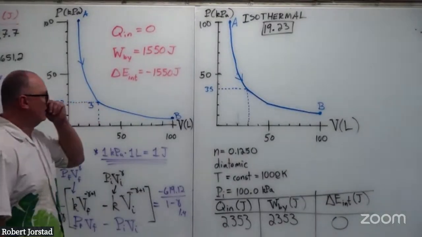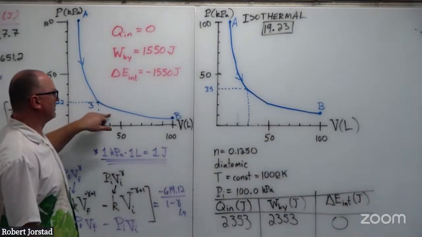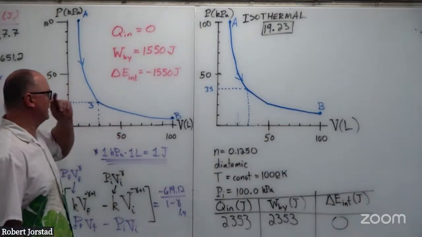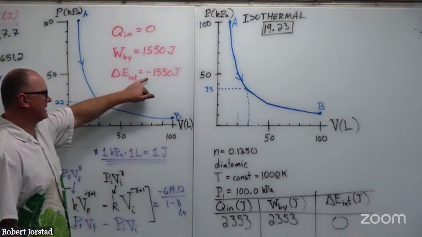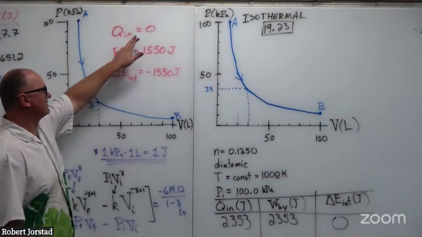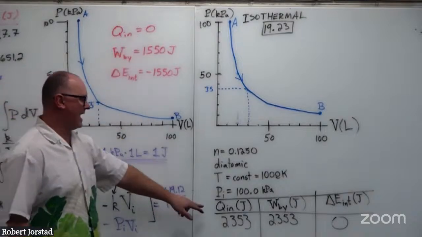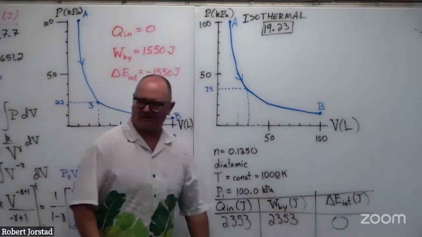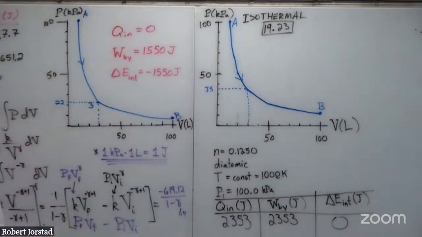Comparing these, we expect less work, but they're both positive because they're both going this way. The temperature drops in this case, so the energy goes down, but there's no heat added. In this one, you add heat to keep the temperature from dropping. All right, that's a long one, but adiabatic is the